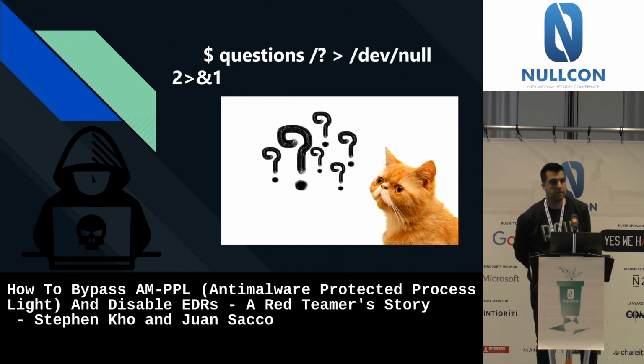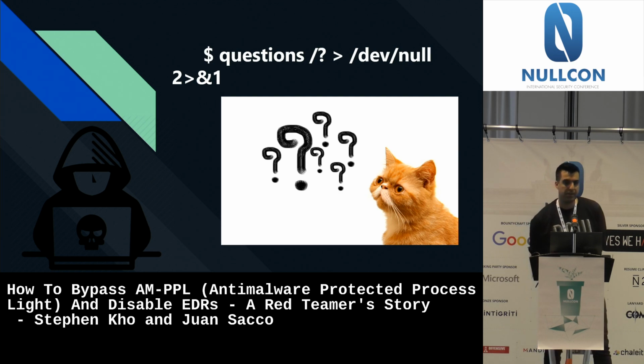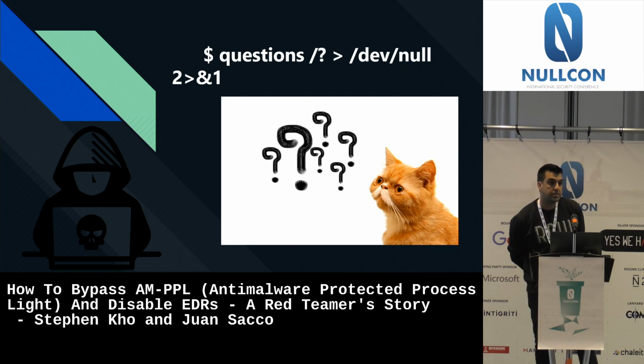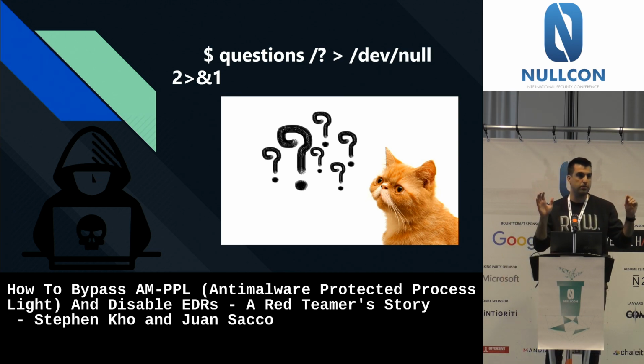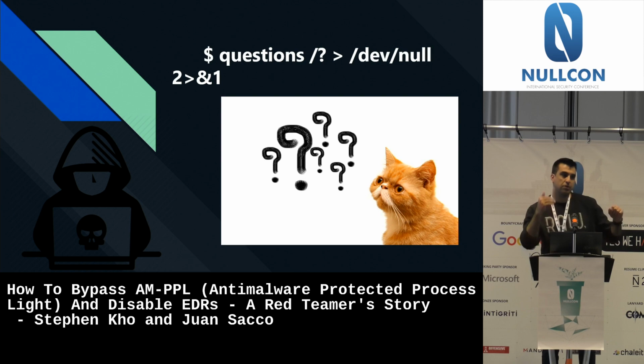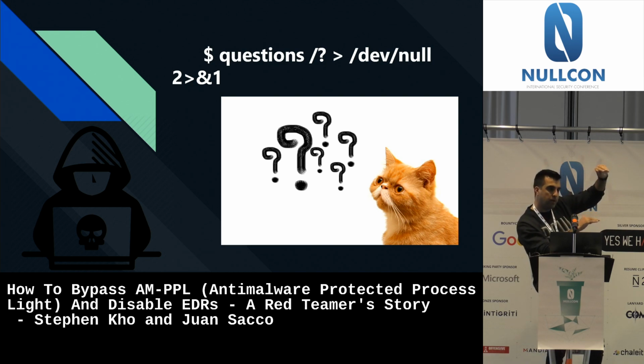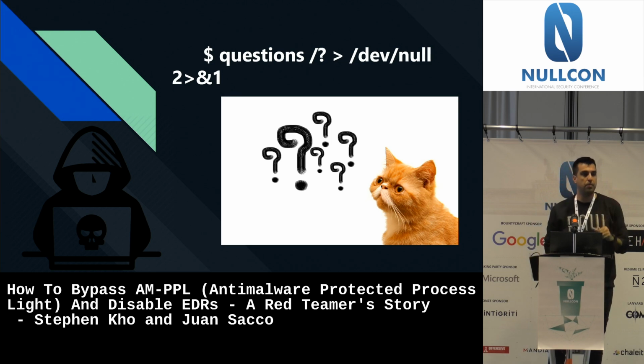And the other thing is, I didn't understand what's the difference between PP and PPL. PP are the protected processes. Sorry, I went a little bit too fast on that. Basically, to simplify it, it's binary: it is a protected process or it's not. So is it critical or not? PPL has access levels. At the top of the food chain is WinTCB, and at the bottom you have Antimalware Light and Authenticode. There are a few of them in the middle. You can check it on MSDN.